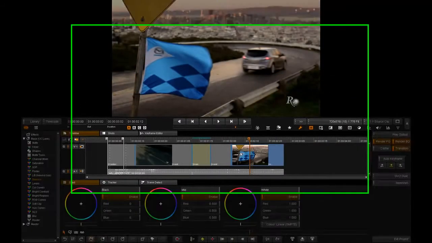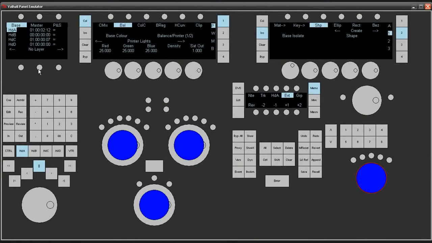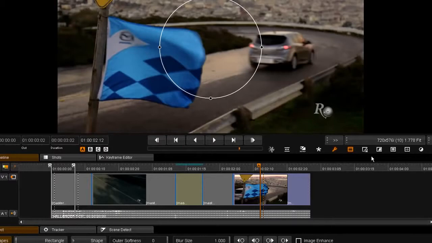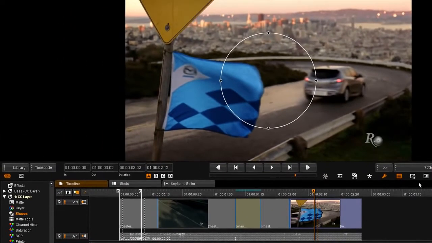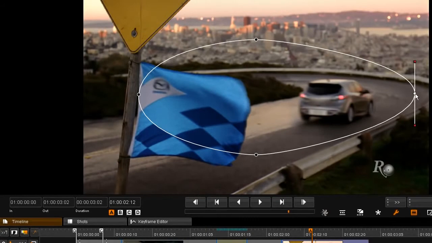I thought we could have a quick overview of shapes and maybe show you one or two things that you haven't seen before, and then also show you one of the major new features in 2009.1. Firstly, I'm going to add a new layer and add a quick shape. So I have a circle. What I wanted to show you is that we now have slightly thicker lines and slightly larger hit points when we need to grab and manipulate our shapes, which makes things a lot easier